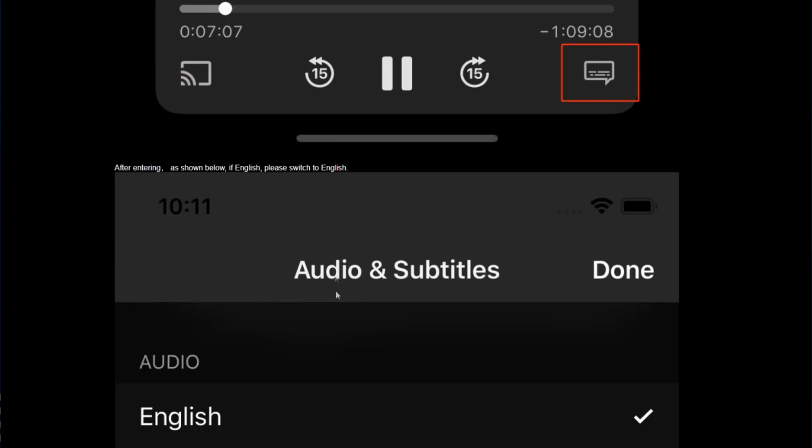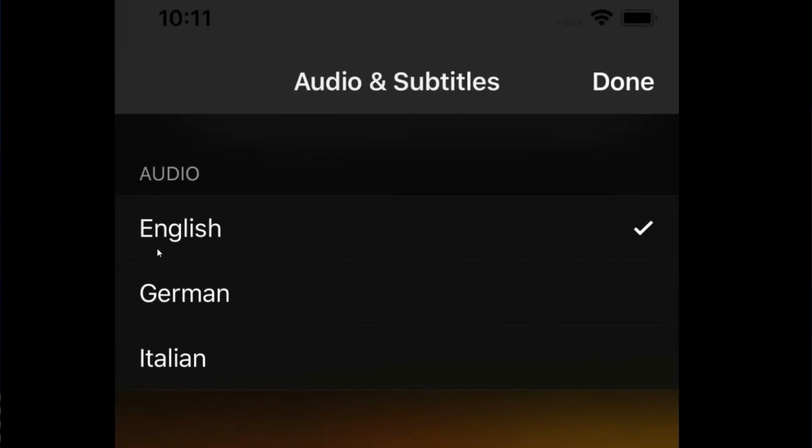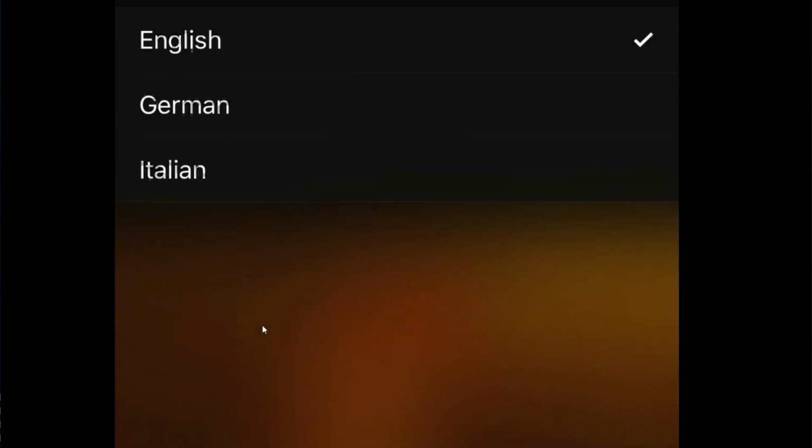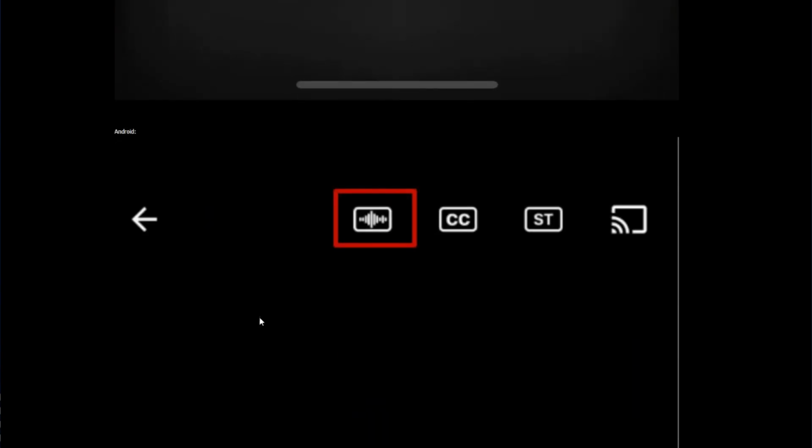Then here appears the option audio and subtitles. Here, for the audio, you have to select one. In case the audio is in your language, select your language, that is okay. So select one and then scroll down, and then you can see here how you can select that. You can start using the audio here, and then you can start listening to your language in your movie